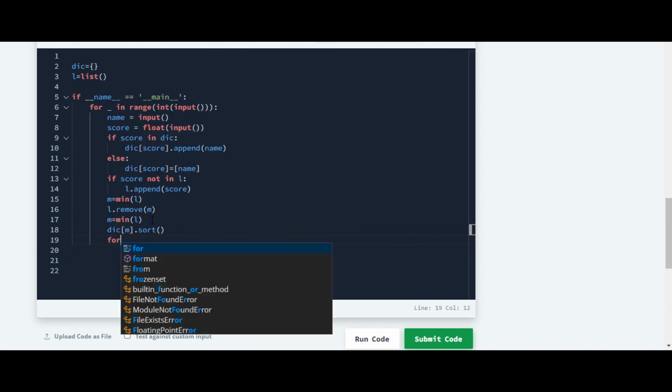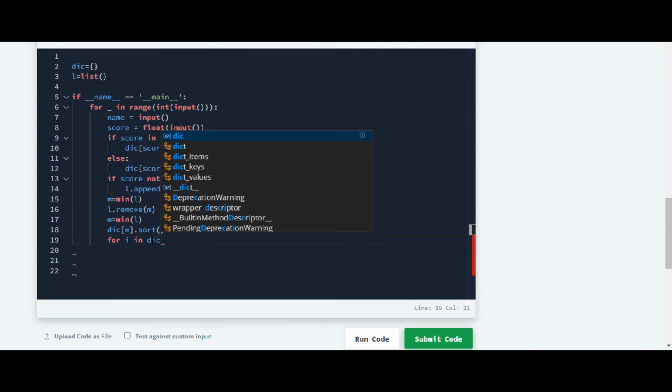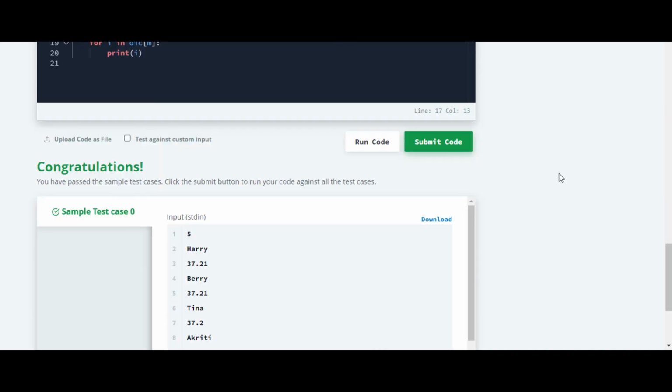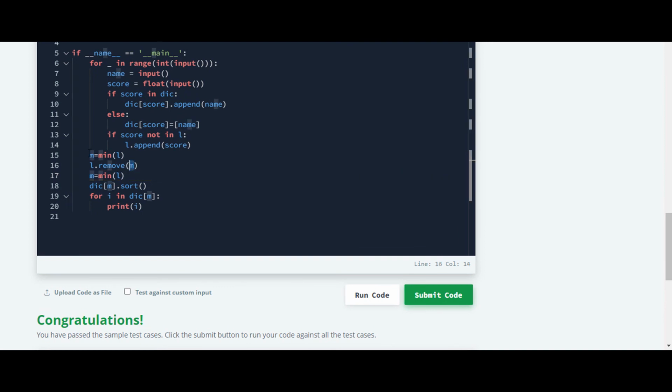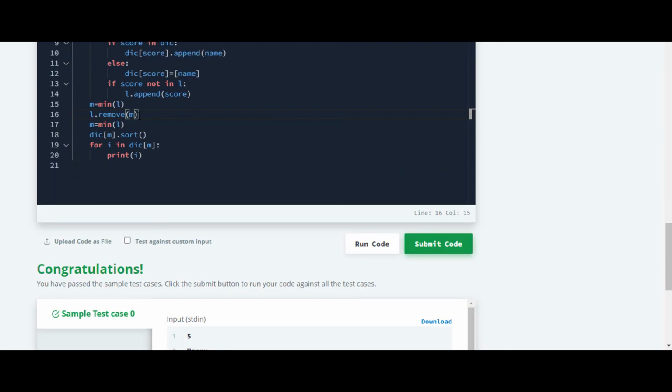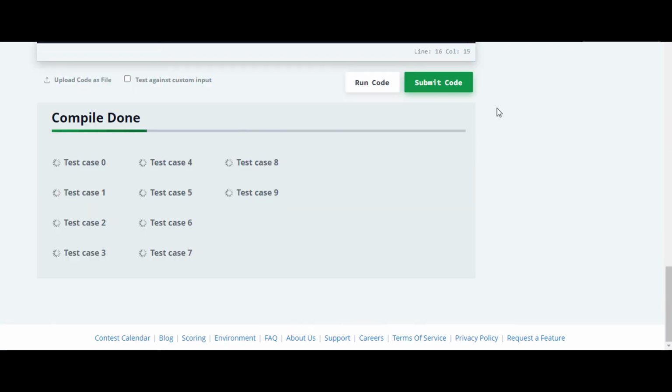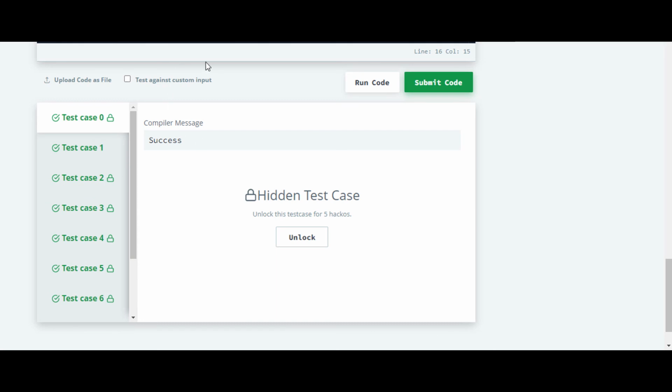So now we are using a for loop for iterating through the dictionary, and then we'll print it. We'll sort according to alphabetical order, and then I am using a for loop to print the values, so print the names basically. Okay, by mistake I have written L over here. There will be m. So make this change, and here it is. So we'll now submit it and check it again. Yes, it works.